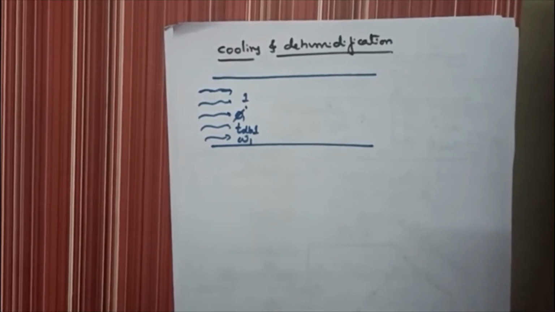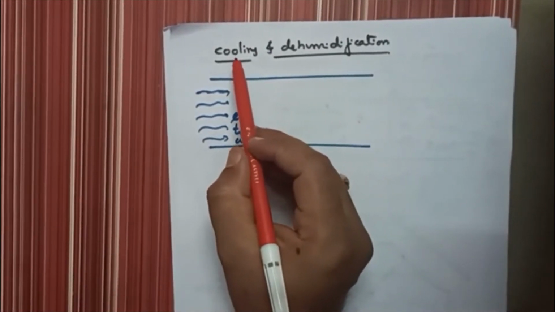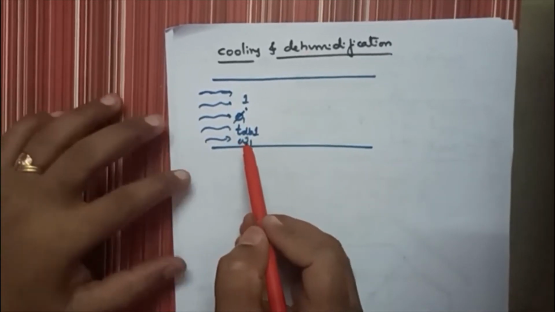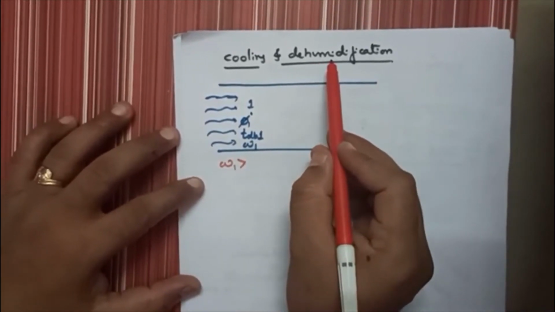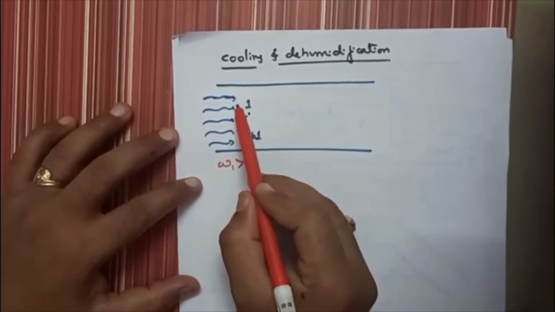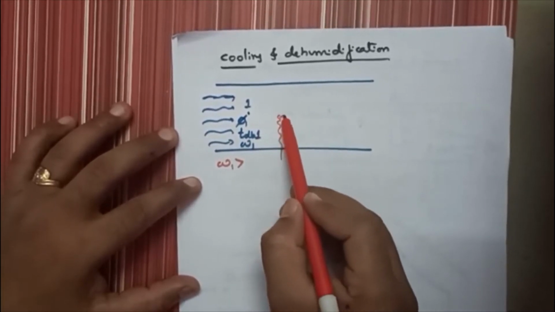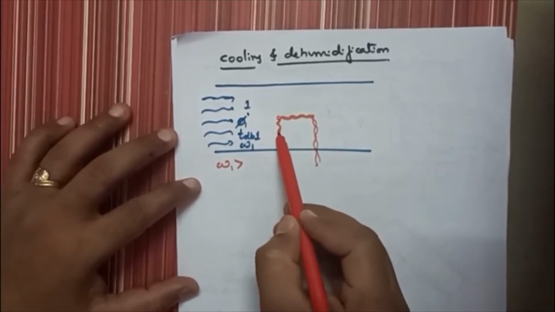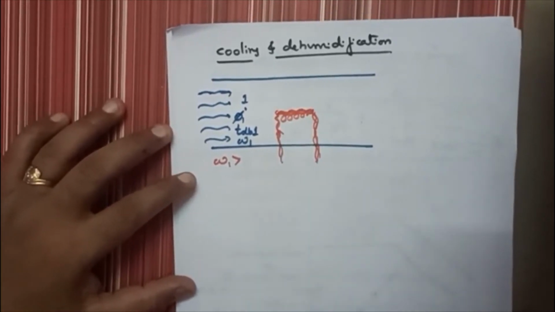Now, removing the water content is called the dehumidification process. Here we need to cool the temperature of the air, and simultaneously remove the water content. The water content at point number 1 is more, and that is the reason you are doing the dehumidification process. Now this high temperature and high moisture content air is passed to the evaporator cooling. Here one cooling arrangement is done. You take, this is the cooling coil.